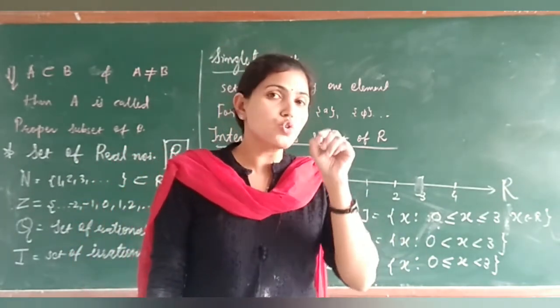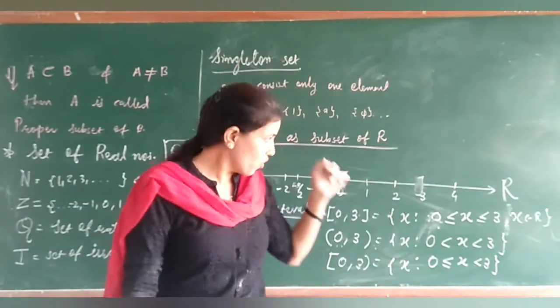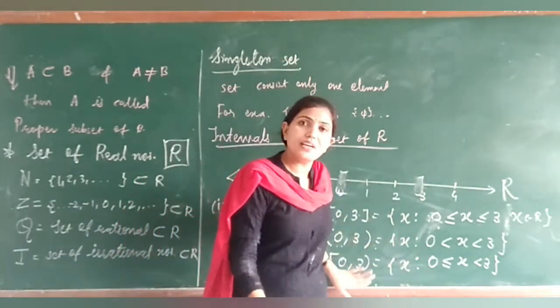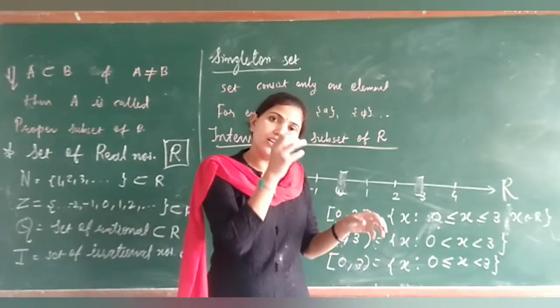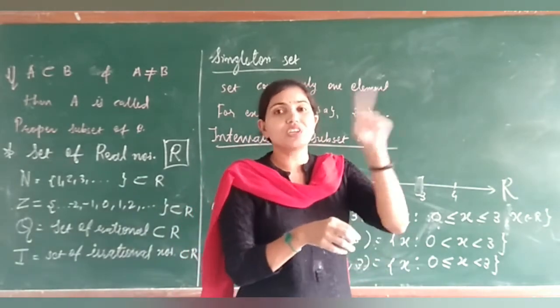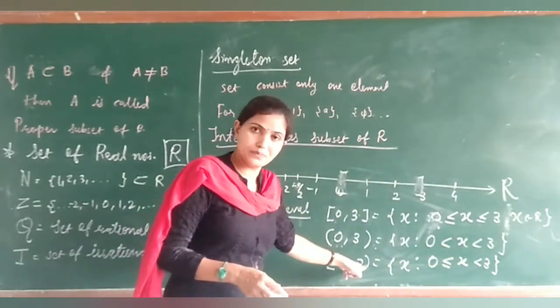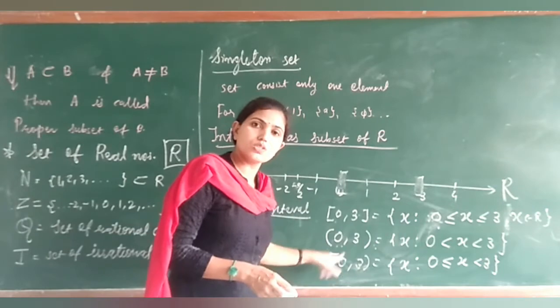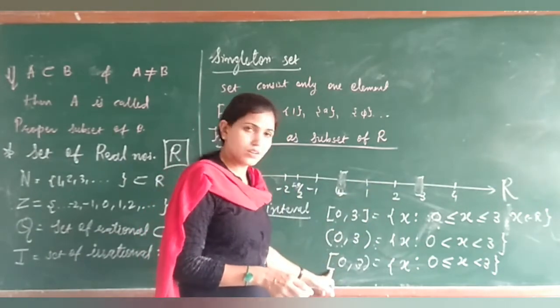Like if I write down 2.99999 15 times or 50 times, then that number will be included in the bracket. So that number will exist inside the bracket, but 3 will not be there. So this is the meaning of open and this is the meaning of closed. Closed means it will start from that number. So this is the third one.